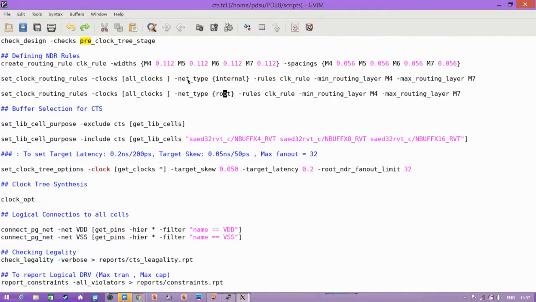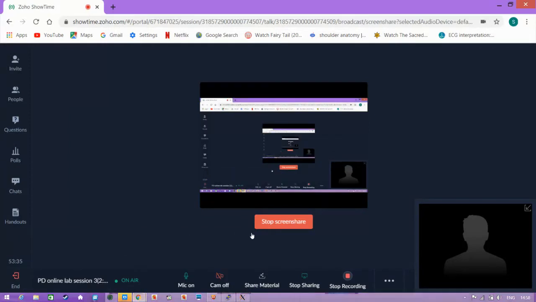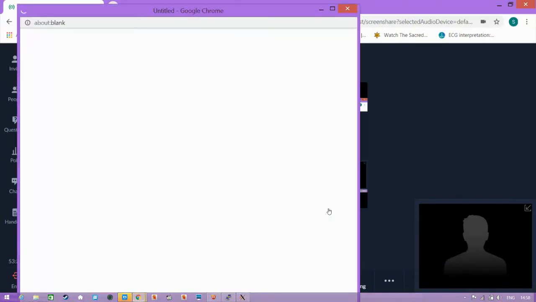You have something called a root, branch, right? So what do you mean by internal and what do you mean by root? Root in the sense the main clock from where we're branching out all the branches. That main. Exactly, exactly. So if I want to draw it, I can show it. So does internal mean the leaf level?